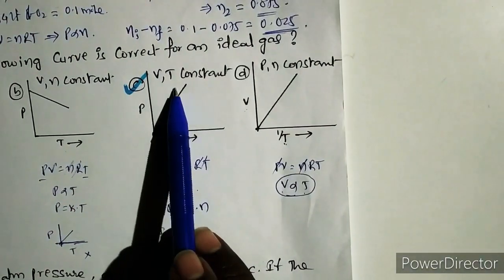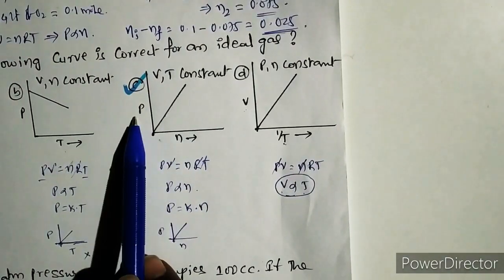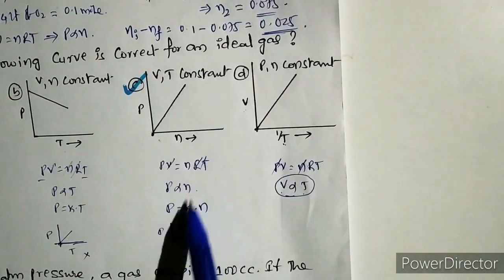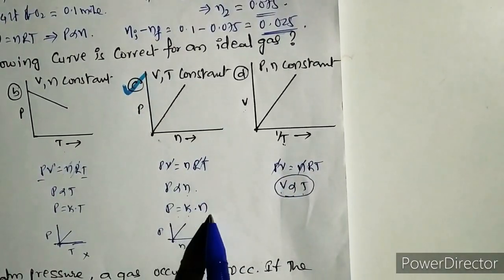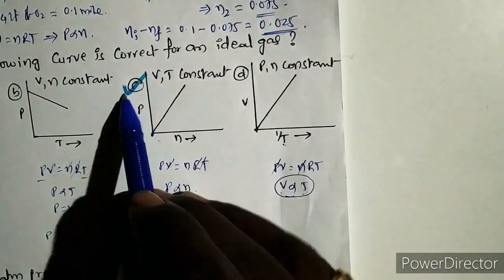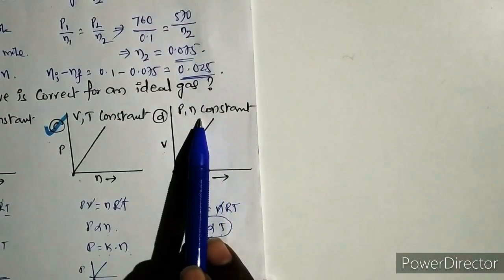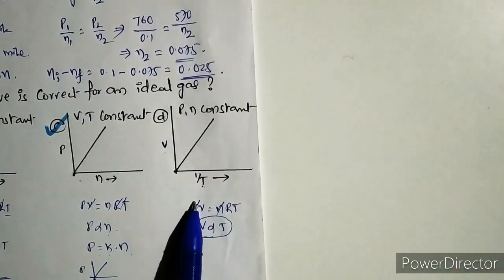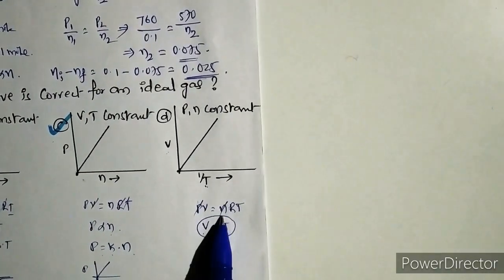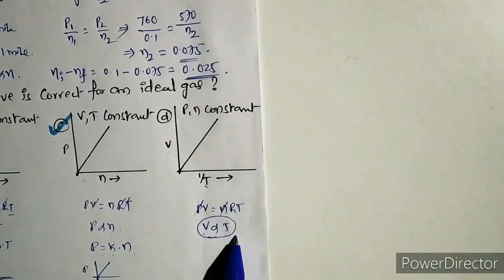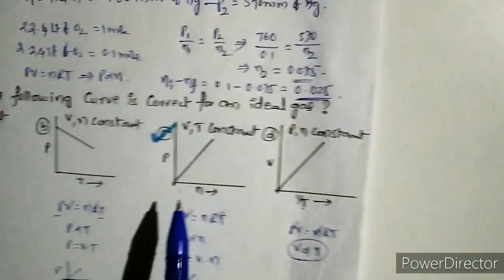Option C: when V and T are constant, you get a plot between P and n going through the origin. V and T are constant, so it is in the form of y is equal to mx, so it goes through the origin, so it is matching. So option C is correct. What about option D? Pressure and number of moles are constant, and volume versus 1 by T is given here. If pressure and n are constant, V is directly proportional to T, but it is given as inversely proportional. So this is also a wrong option. Your answer is C.